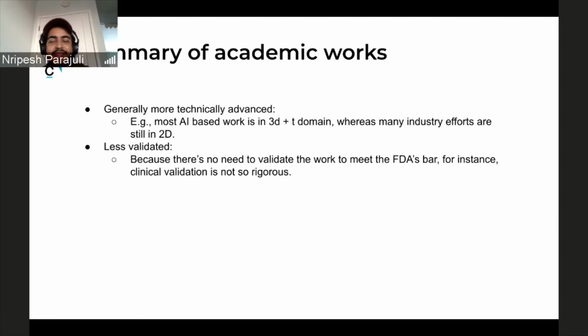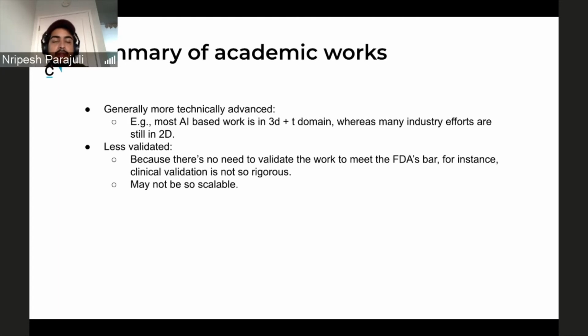In fact, we've often had to do multiple iterations of submission, or respond to their feedback and questions about the evidence if they're not happy. But in academia, because you don't have to do that, it's not so well validated